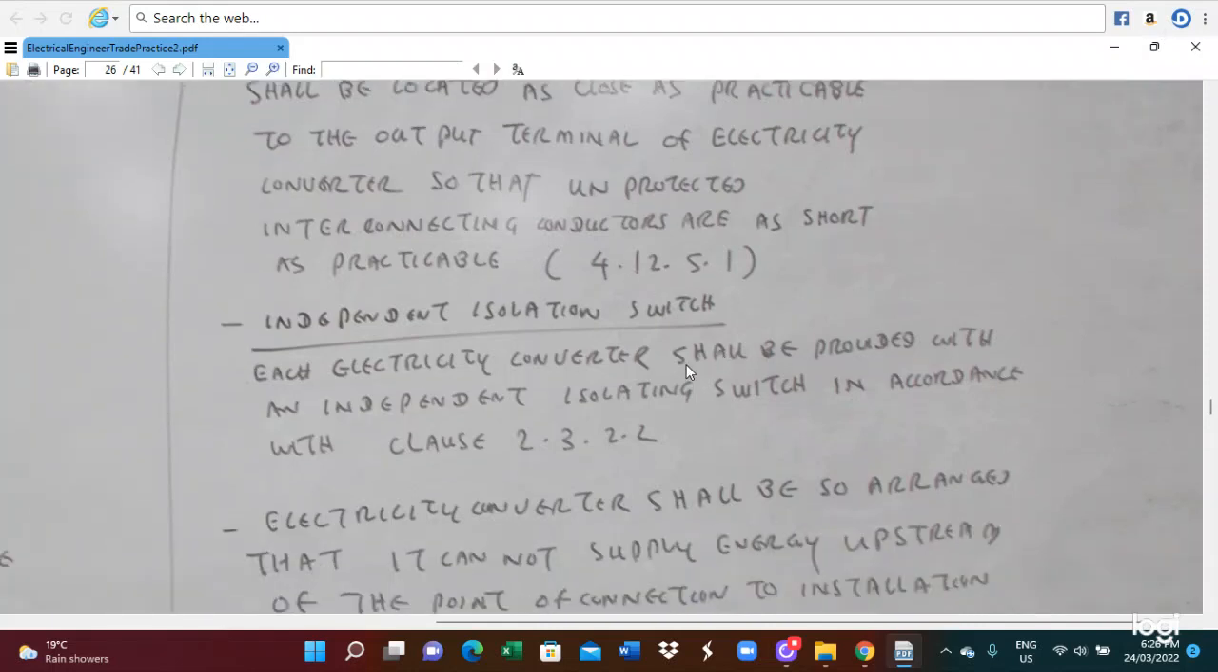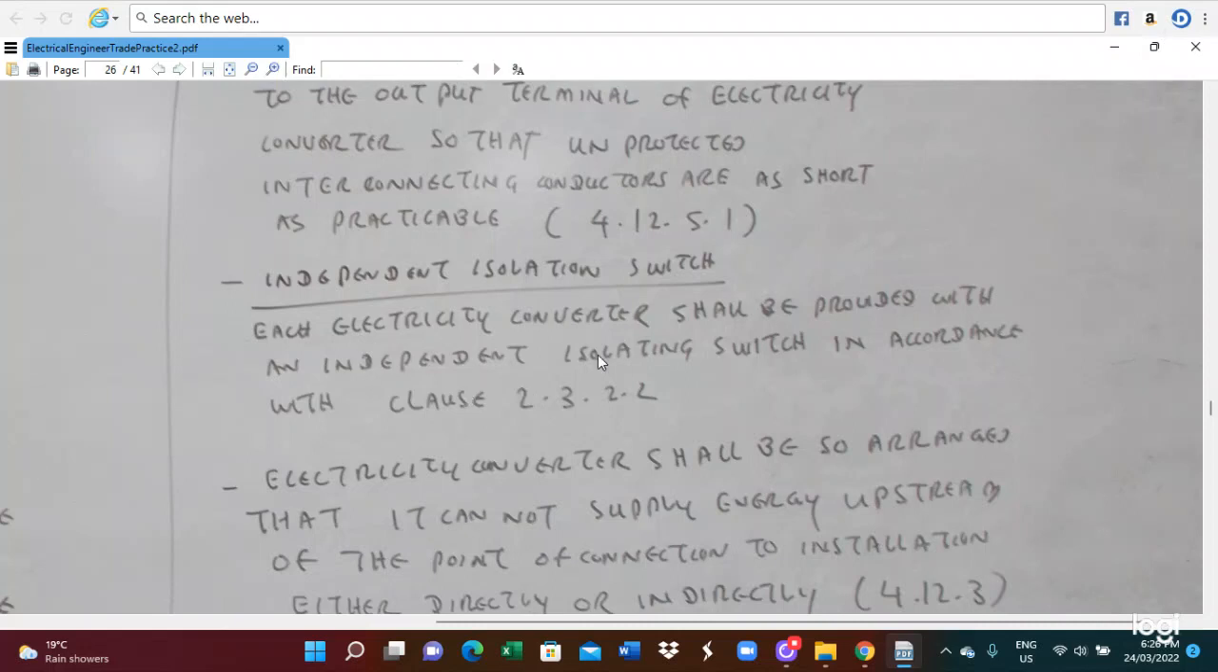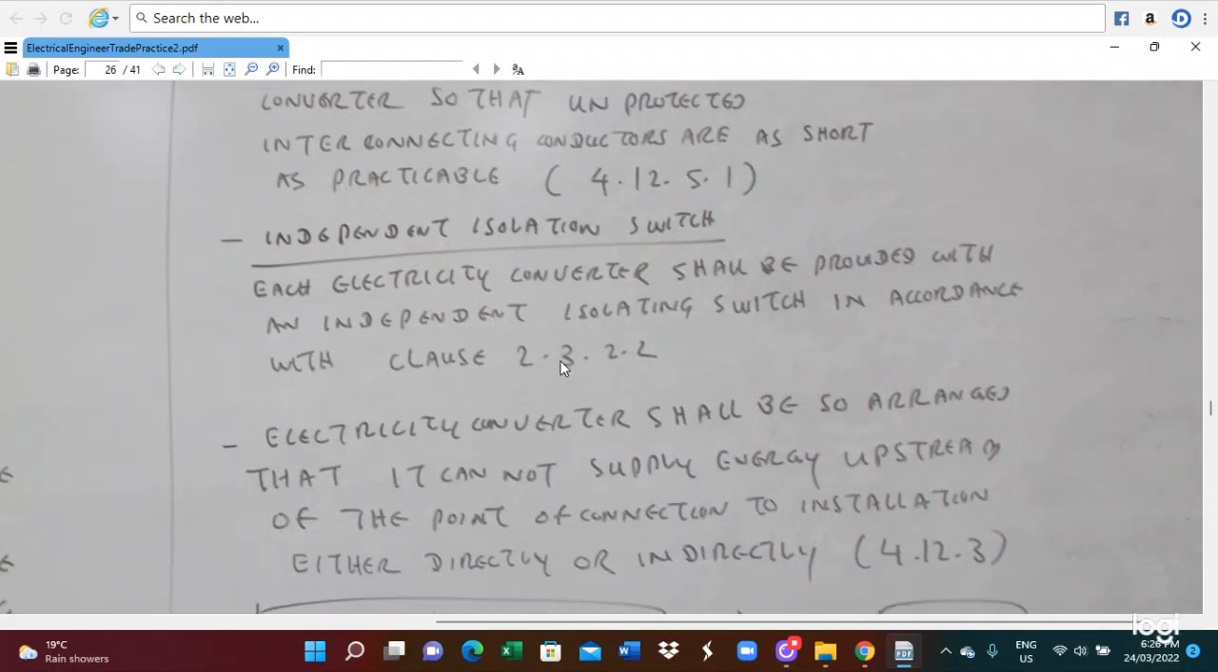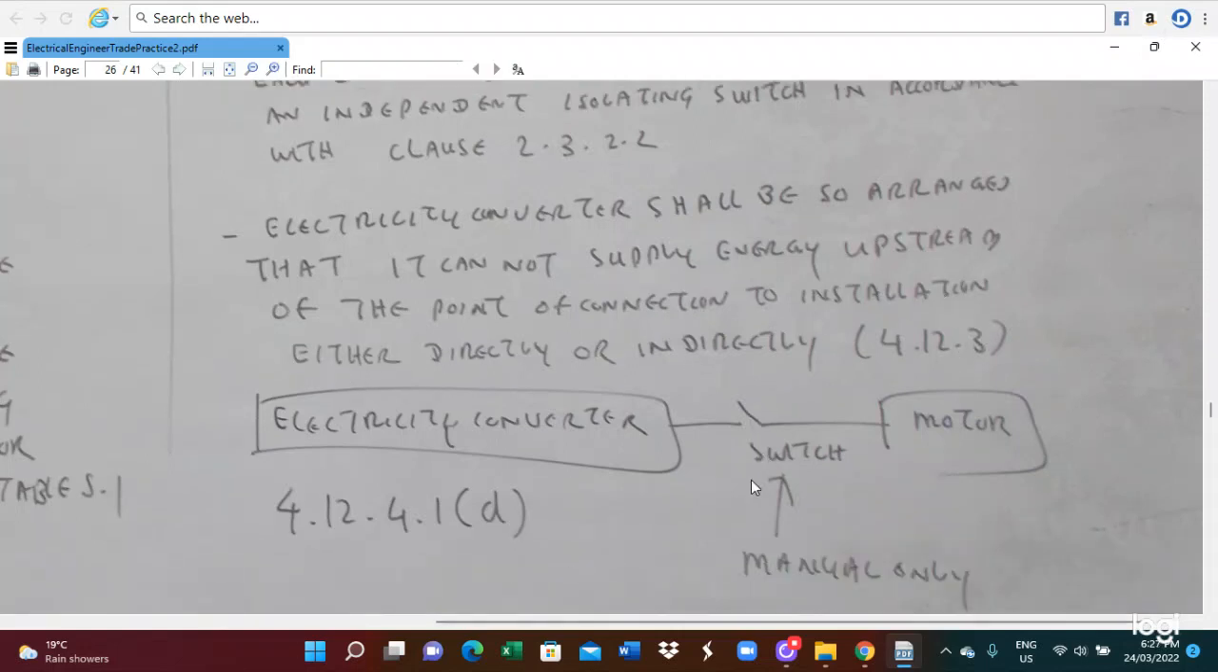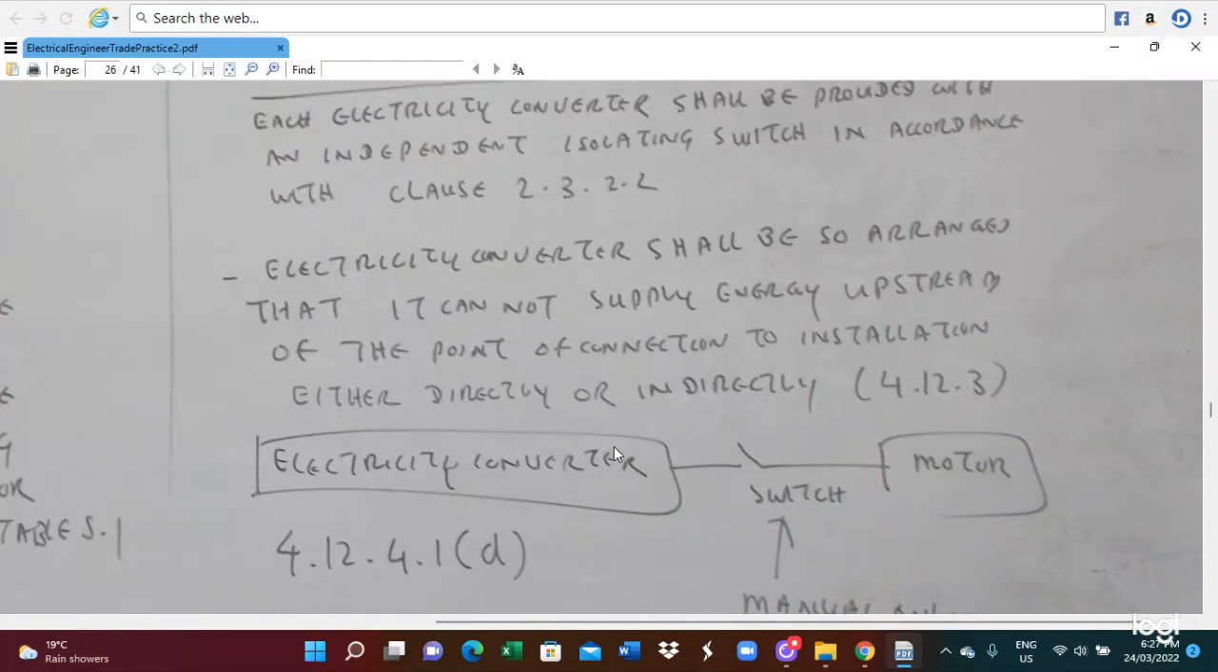Independent isolation switch. Each electricity converter shall be provided with an independent isolation switch in accordance with clause 2.3 by 2.2. Electricity converters shall be arranged so that they cannot supply energy upstream of the point of connection to the installation, either directly or indirectly. This is clause 4.12 by 3. So those are the appropriate AS3000 clauses. That's a concern about the